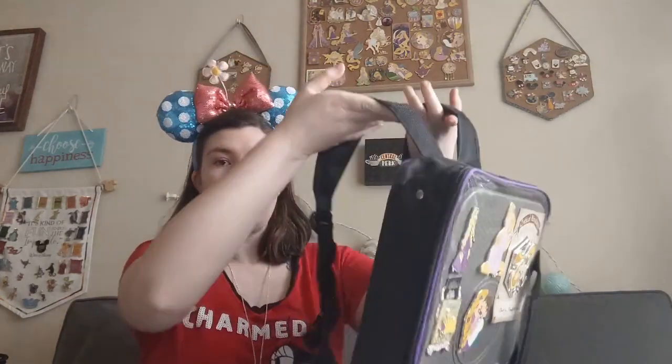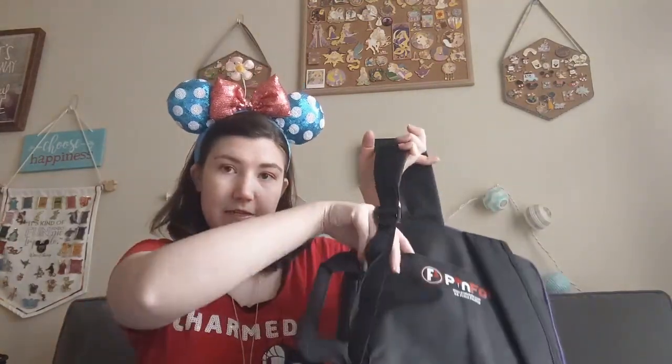It is about $60 to $70, so it is a pretty pricey item, whereas the Show Mini is only about $20. So there's quite a bit of a price difference there, but this is obviously a much bigger bag. The situation we have here is we have a backpack complete with straps, which you can take off and